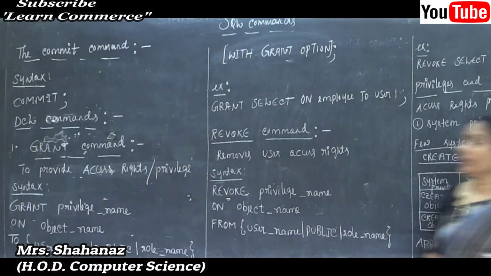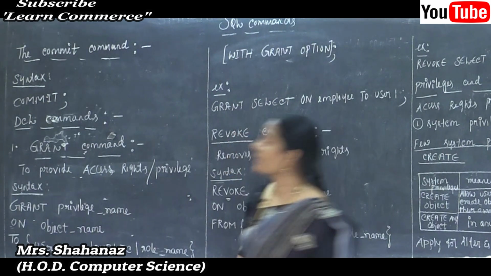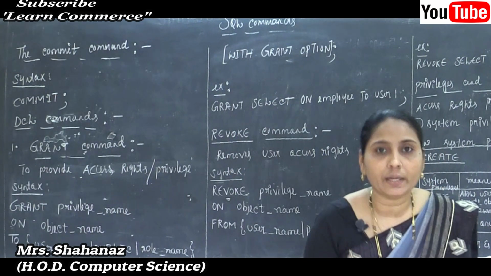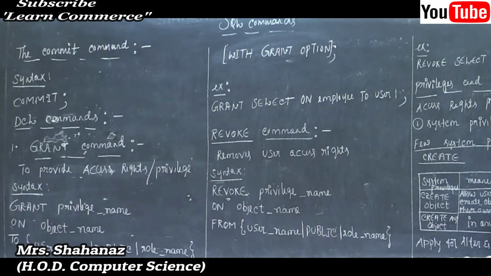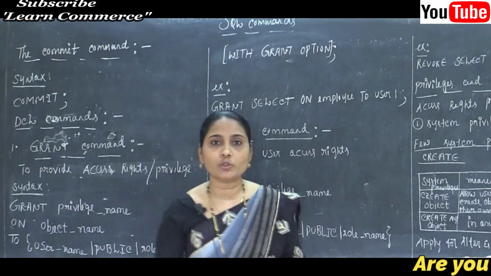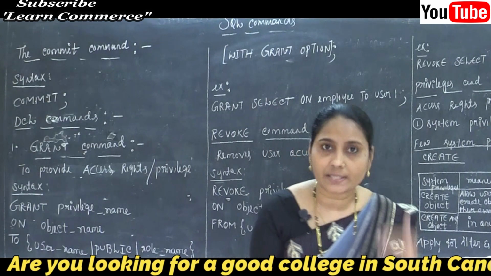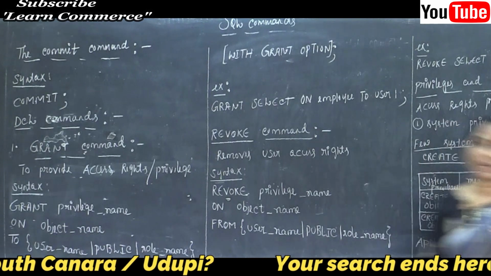After completing the create view statement, the next command is called the commit command. Now what's the use of the commit command? The SQL commit command is used to save all the transactions. Maybe after making changes, you want to save such a transaction. By using the commit command, we can save all those transactions.